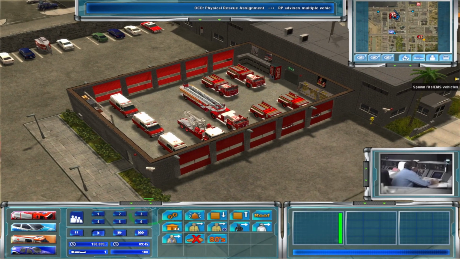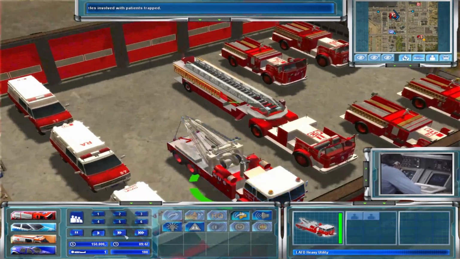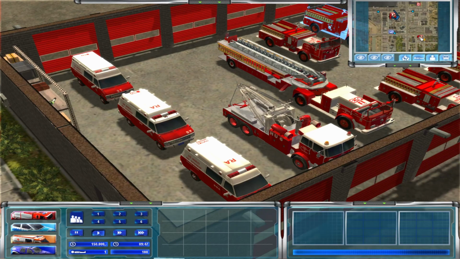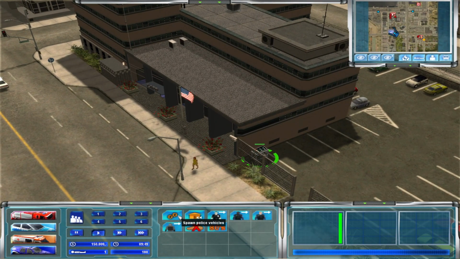Now, the stuff from the 80s is kind of a combination of stuff from like the 60s through the 80s. So you got some open tops, fire apparatus. You've got like this old heavy rescue crane thing here. So that's pretty neat. Real quick before we respond to that, let's go ahead and we're going to also set up an 80s police